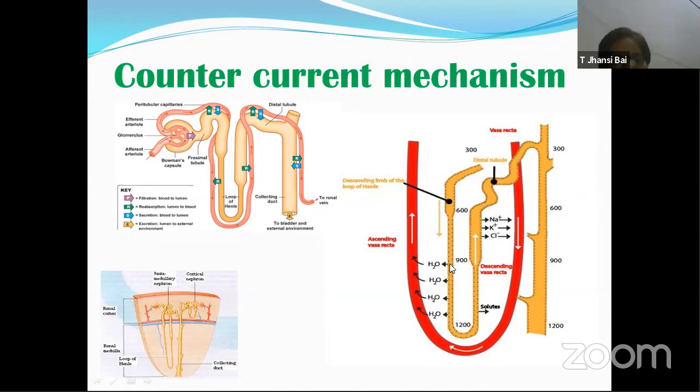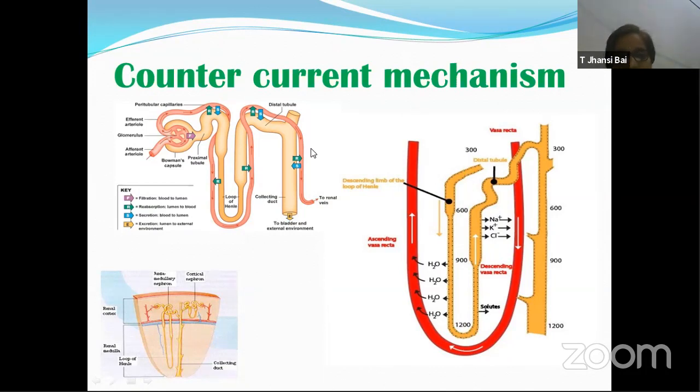What is happening if this is coming down over here? From here, water is reabsorbed. So thereby, what happens to nephric filtrate? It becomes concentrated. From any solution, if you try to remove water, or any solvent, that particular solution becomes concentrated. So the same thing is happening over here. This is very essential because we want our water to be retained in our body. We don't want water to be lost along with the nephric filtrate.